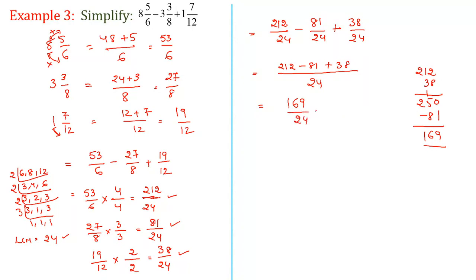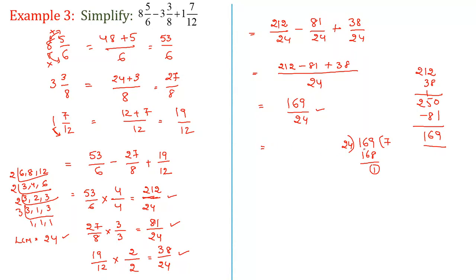Observe here, now again it is in the form of an improper fraction, but the problem is given in the form of mixed fractions. So how to convert this improper fraction into a mixed fraction? Divide the numerator with the denominator. So divide 169 by 24. 24 you can divide 7 times here, which is equivalent to 168. Remainder is 1 here.